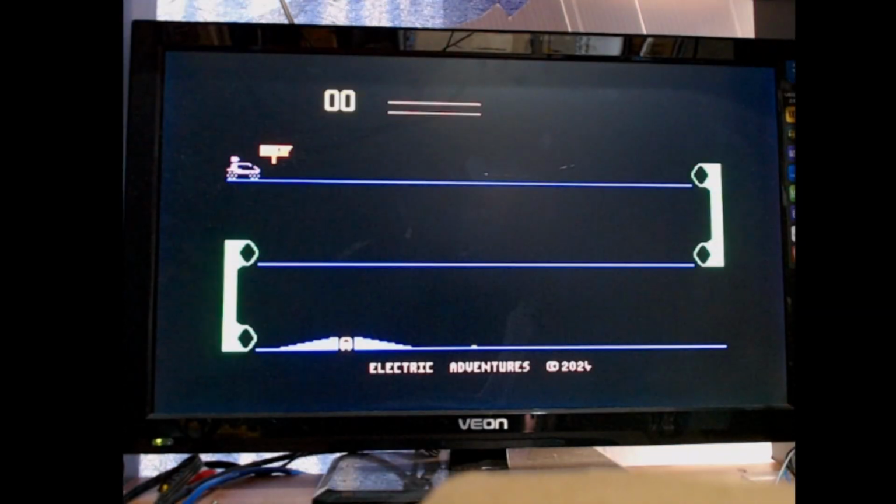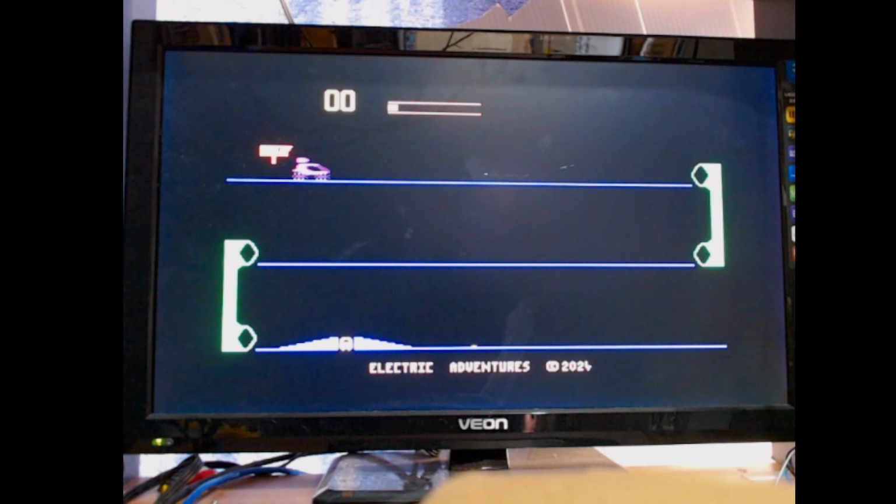But there's no sound on this either at the moment, because I don't have the audio through the HDMI, because there is an issue with it. So